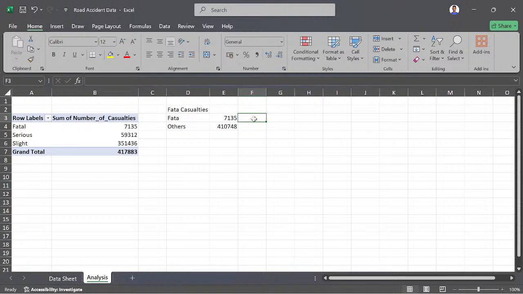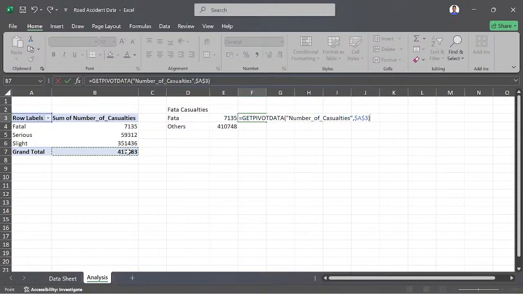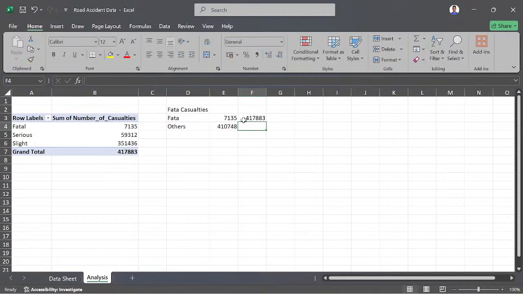So this is where I'll calculate my percentage, and all that I will do is that I will say equal to, I'll select this, and I'll divide it by the total. Okay, just pick the total like this, and then you are good to go. So when you pick the total, it will